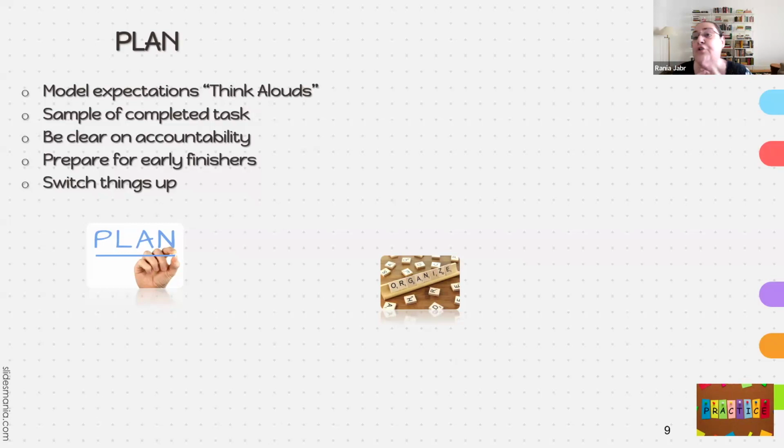I can even show them on the screen, without leaving it with them, just for them to look at a sample of a completed task. This is what the final product looks like. This is the end goal. This is the end result. And I also tell them basically that you're accountable. You're accountable, for example, for delivering an outline at the end of this 15-minute task, or delivering a thesis statement and two supporting details, whatever it may be. So they know the deliverables. What are the deliverables? As if they are in a work environment.